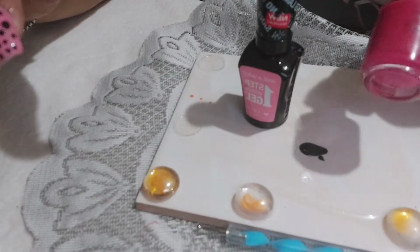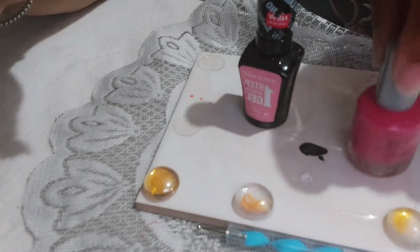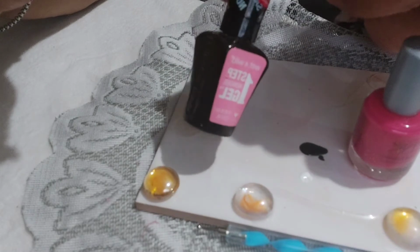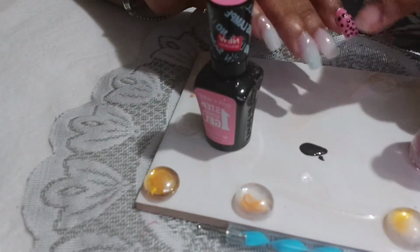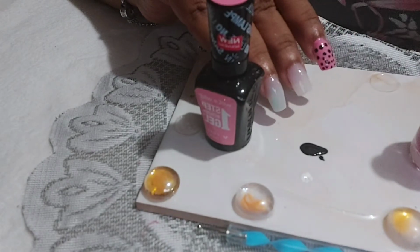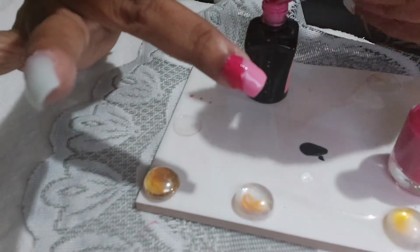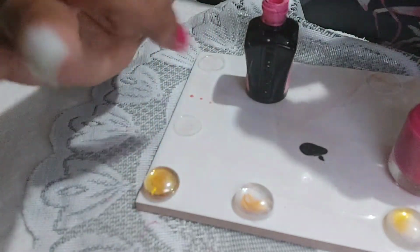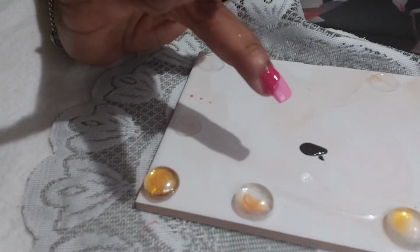Next up, we have a blend of 2 different pinks. We have NK Nail Lacquer, bright pink, and we have Wet n Wild One Step Wonder, Misty in Pink. So for these, we will blend them on the nail and then add the polka dots. As you can see, I've used my bright pink and my Misty in Pink to give me a blend. 2 different pinks on the same nail. And then I'm going to use my dotting tool